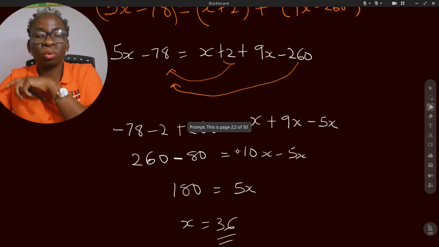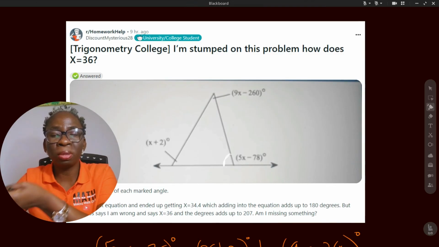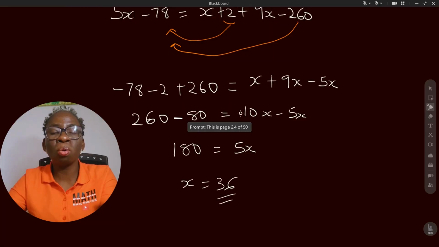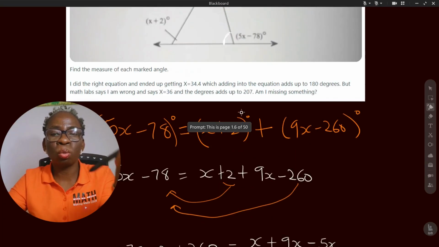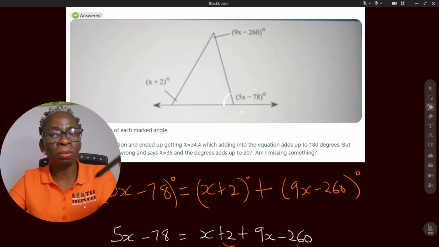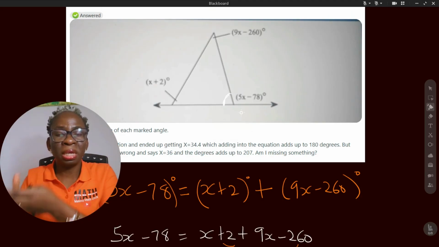So the person's first question was, how did they get 36? He said, I stumbled on this problem. How does x equal 36? Now we've been able to explain how x equals 36. We just use the exterior angle theorem, which says the exterior angle is equal to the sum of the interior